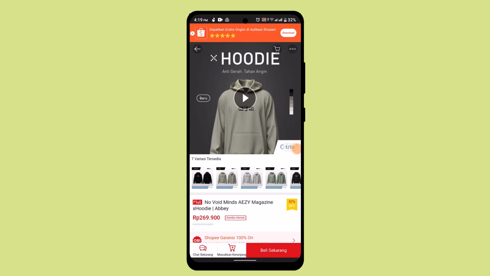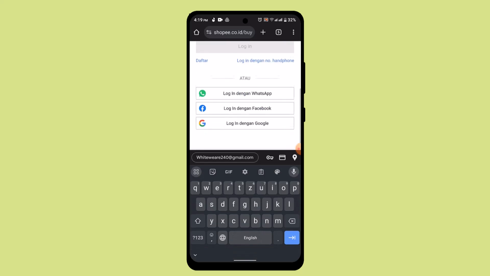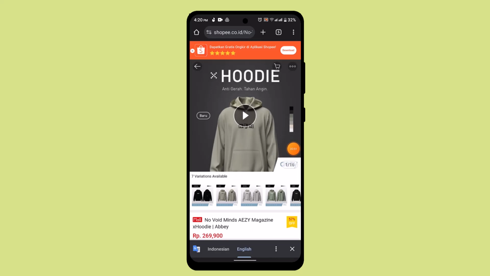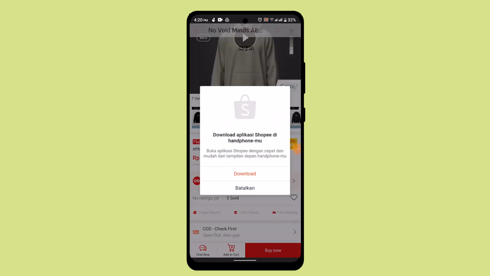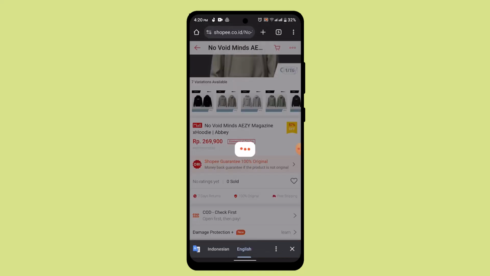If you like the particular product, now go ahead and add it to your cart. As soon as you're done adding to your cart, now you'll need to log in. So for that I'm just gonna go ahead and log in with my Google account. After that, it's gonna direct you to the other interface. Once the product has been added, now you can go ahead and tap the buy now button located right at